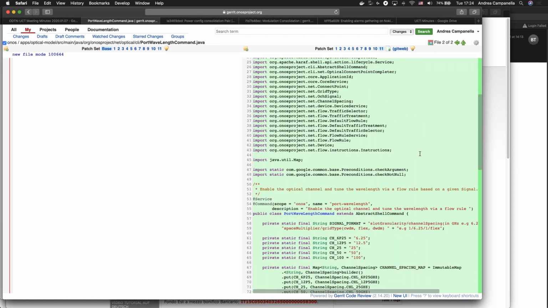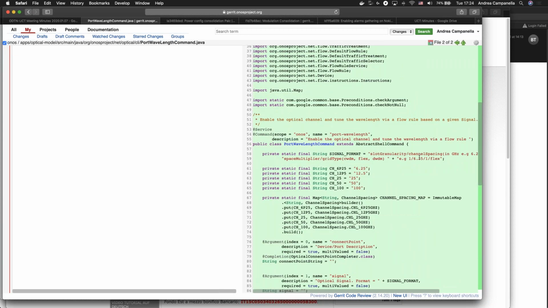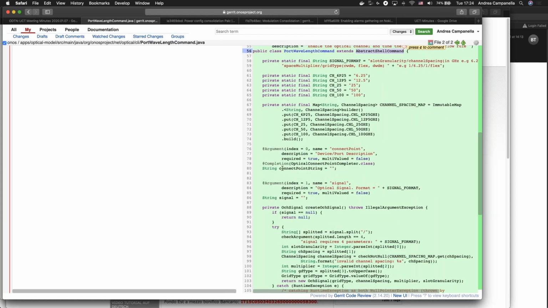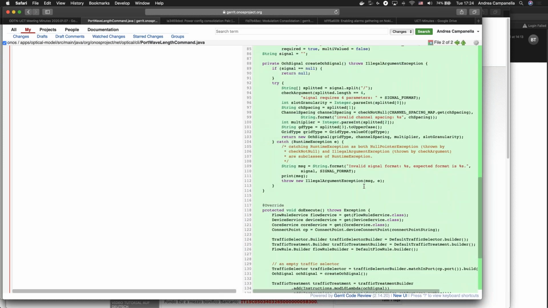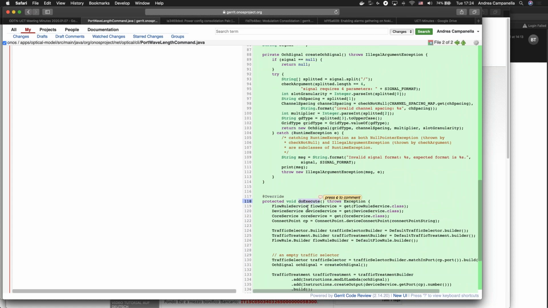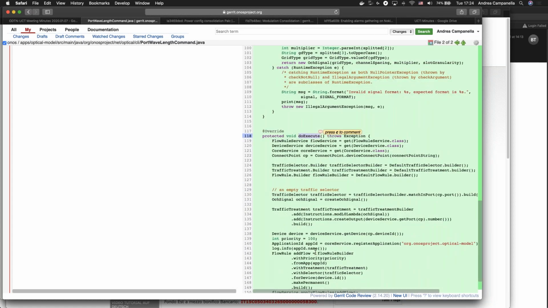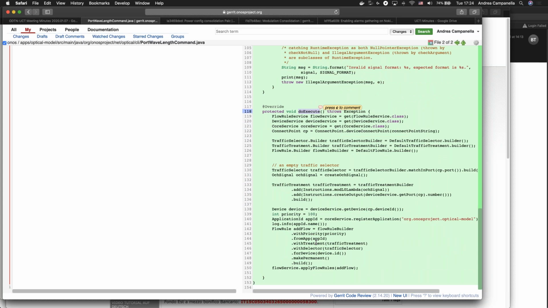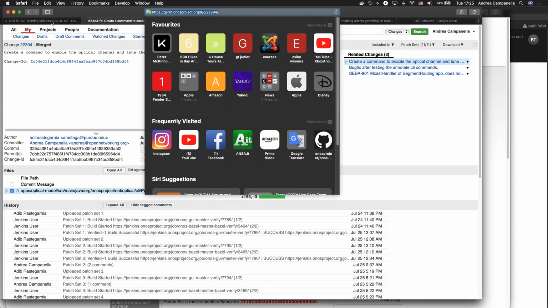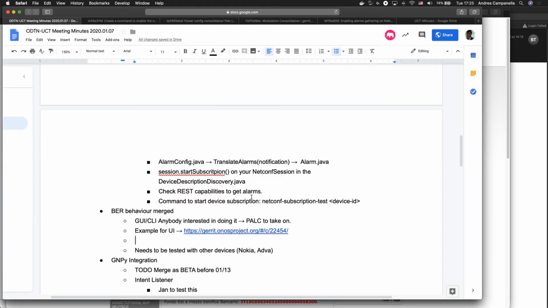So this is how you add a CLI command. Obviously, the CLI command is different. This one sets the wavelength, so you just need to retrieve the data, but everything is in here. You basically define a service command, and then you extend the abstract shell command class, and have argument completion, all of that. Then there is a doExecute method, and this doExecute method gets called, and in here you have to fetch the data and print it. Basically, that's the idea. Let me put this up here too. So it should be fairly straightforward.